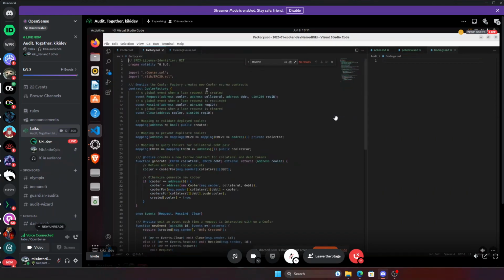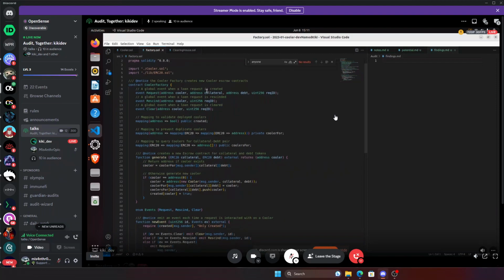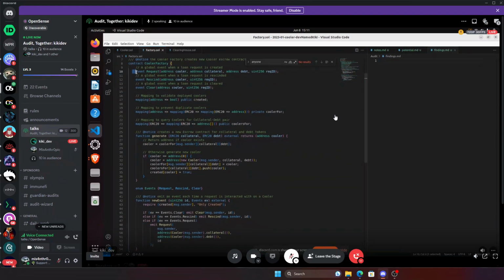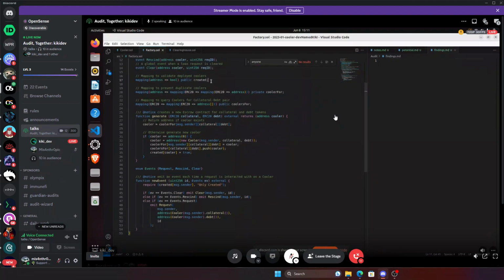So I start with the factory, and I don't pay too much attention to the events at the moment. The state variables, again, I don't pay a whole bunch of attention. If something looks weird, I'll mark it. But like created, those are created factories. Cooler 4, that is a very nested mapping. So maybe here I would say,